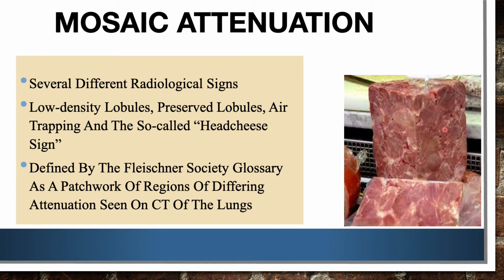So you may be seeing different patterns and different densities. But mosaic attenuation is not limited to hypersensitivity pneumonitis. The Fleischner Society of Radiology defines mosaic attenuation as a patchwork of regions of differing attenuation seen on a CT